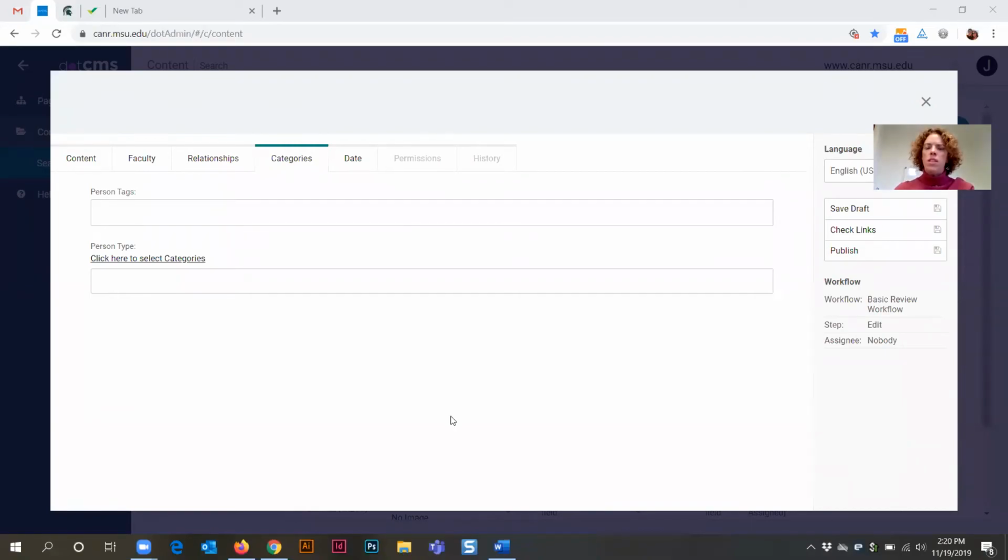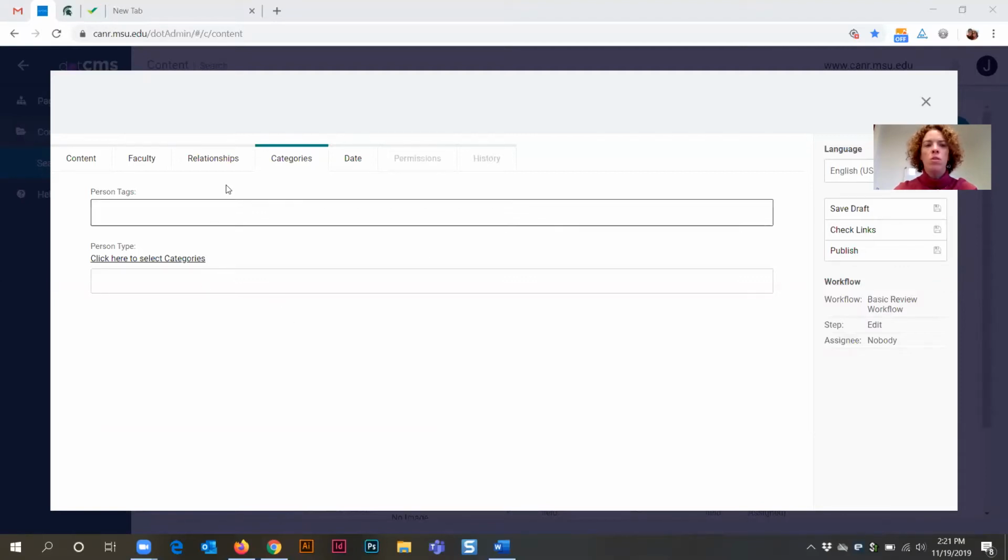Welcome to this .cms website training for how to create categories and/or tags in your .cms content. Now, the categories or tags are things that you're going to input related to any kind of content that you are creating, whether it's a web page or targeted content like an event, an article, or a person's profile. Now, depending on the content type, there may be more than one field that you will need to fill in.